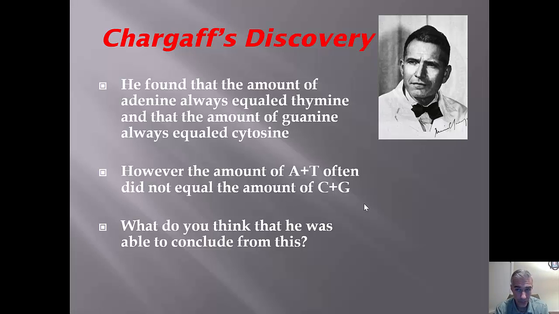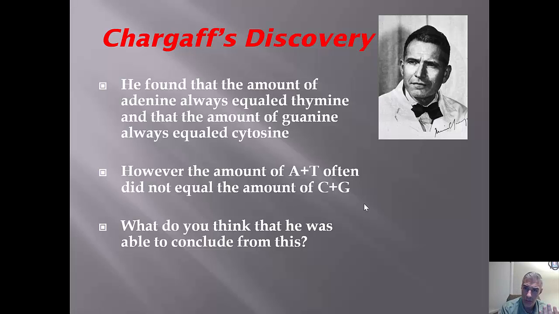So Chargaff, he was a Ukrainian scientist that actually moved to the United States during the Cold War, right after World War II. And he actually did a separate study, and this is important for the discovery of DNA. He started studying and learning about nucleic acids, but he drew the conclusion through several studies that the amount of thymine always equaled the amount of adenine. So there's always equal amounts of it. And the amount of guanine was always equal to the amount of cytosine. He never drew any conclusion other than that, right? But whenever you had A and T and G and C, the amount didn't always equal each other.